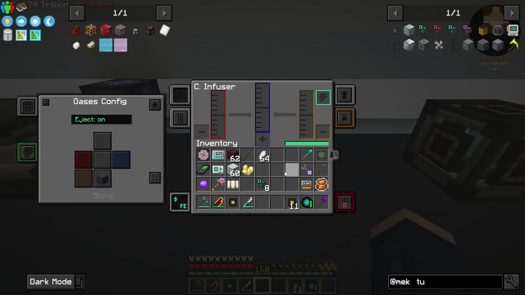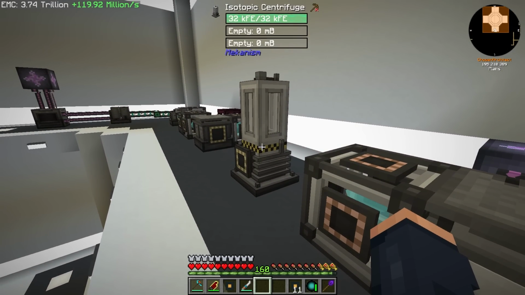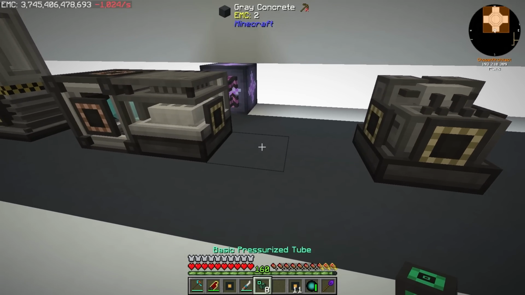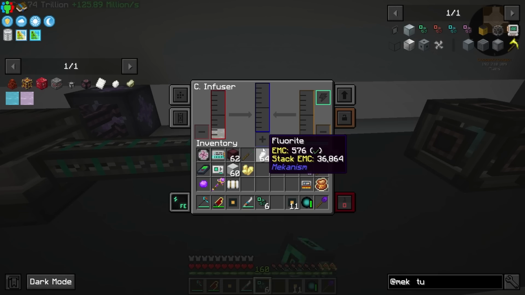that I just placed down, which is going to be the final product, which is going to be uranium hexafluoride, which is what we're going to just send right on over through the quantum entangleporter into the isotropic centrifuge, which is the final step. So I just need to get a few more things. This needs to go here. And so that is sending this product, and you can see the